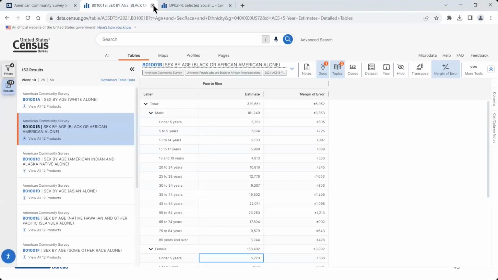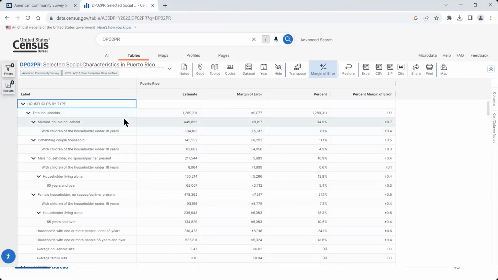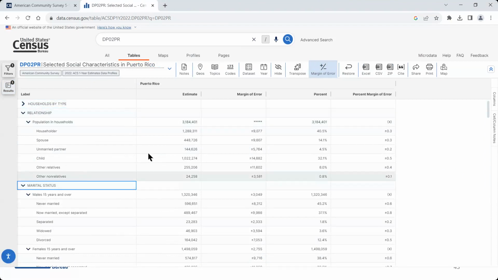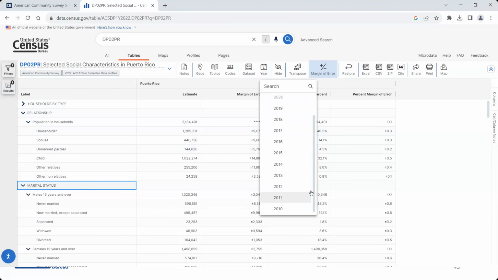So coming back over to my browser here, I had also pulled up earlier this DP02PR table, which is a social characteristics table in Puerto Rico. And we can see there's a lot of helpful information on here: household information, relationship information, marital status information. But when we're looking at the table through data.census.gov, if we go to the year dropdown, you'll notice that it only goes back to the year 2010.